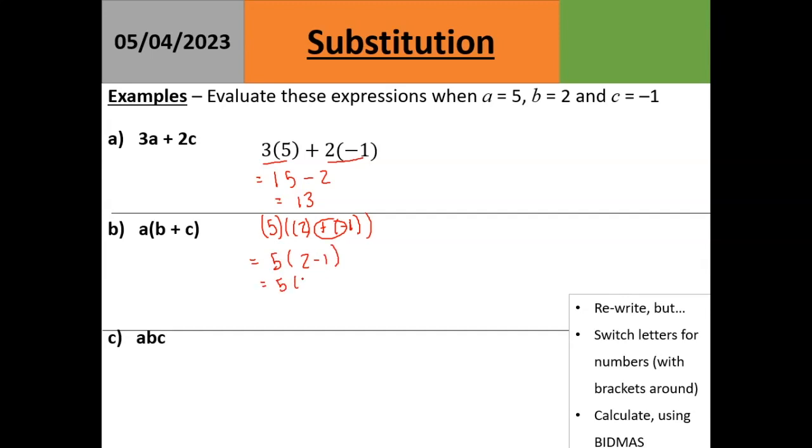So I get 5 times 1, which gives me 5. Does that make sense? That's what I got. Good. And then for ABC, we have 5